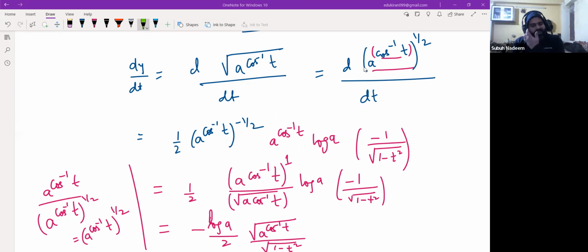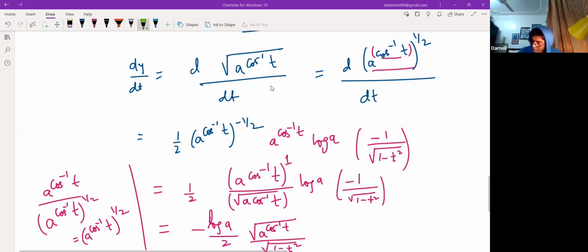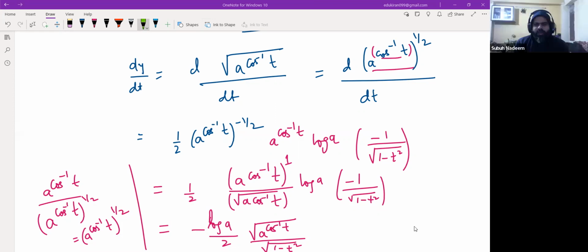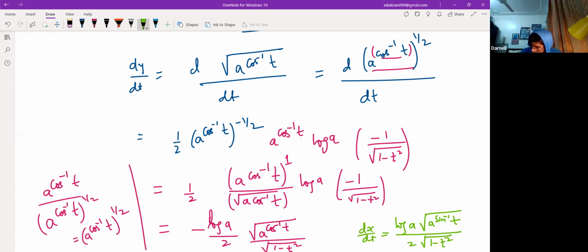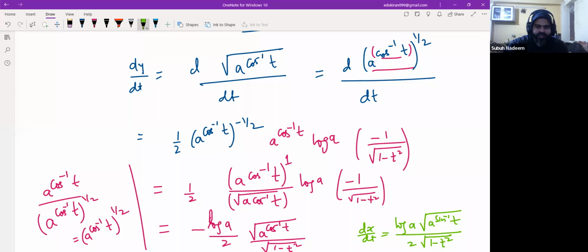What is dx by dt that you are getting? So a root sine inverse t log a by 2 root 1 minus t square. Log a root over a sine inverse t by 2 root over 1 minus t square. Right? This is dx by dt, what you are getting. Yes. Fine. So we have almost done it. If you find dy by dx now,